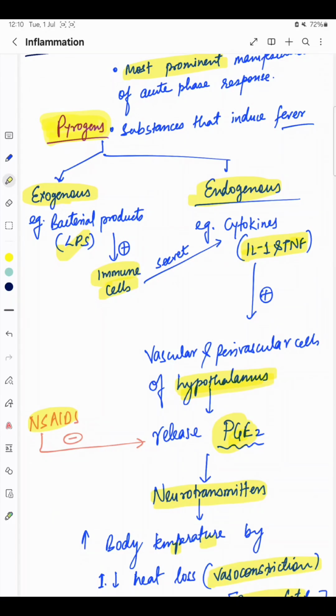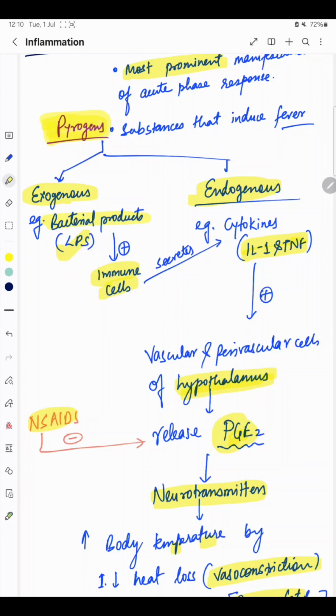Exogenous pyrogens are bacterial products that stimulate the immune cells, which secrete cytokines like interleukin 1 and TNF, and endogenous pyrogens are these cytokines, interleukin 1 and TNF, which stimulate